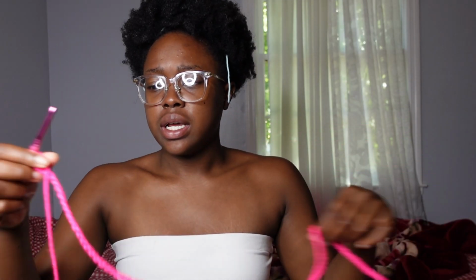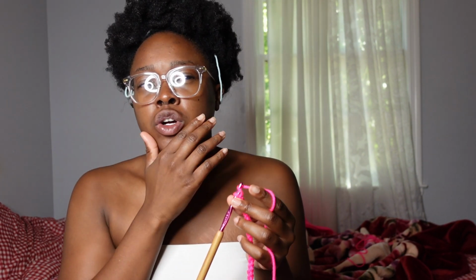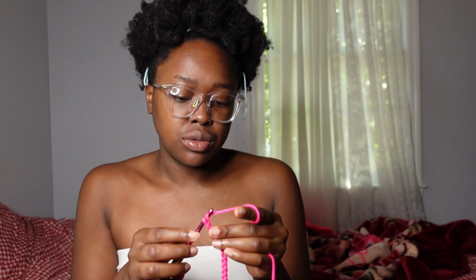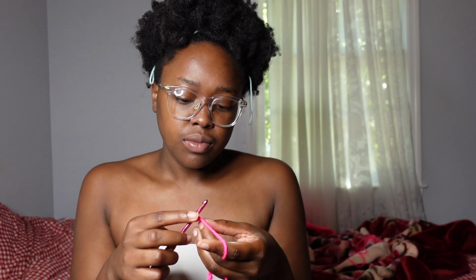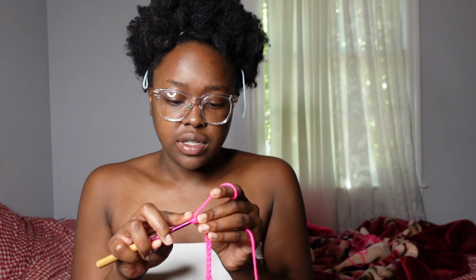I chain stitch, and I think for the bow, I'm just gonna do double crochets, but I'm gonna start my first row in the back loop. I'm doing double crochets just so the bow is a little more loose and it's not just stiff on the side, because the bow that's on the side of her skirt is kind of like a floppy bow. So I'm gonna just do double crochets into every stitch,